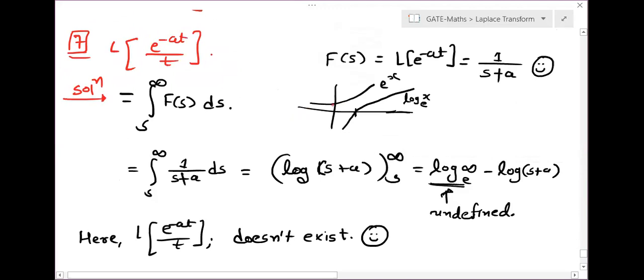See, this is your graph of log, right? This is your x-axis. This is your y-axis. This is your graph of e to the power x. When you put 1 in your log, log 1 is 0. So for input 1, you will have output 0. When your x tends to 0 in its input, your value of log x will go towards minus infinity. So I can say if x tends to 0, then limit x tends to 0, log x will be equal to minus infinity, or log x tends to minus infinity.